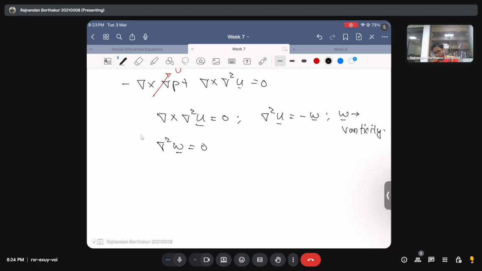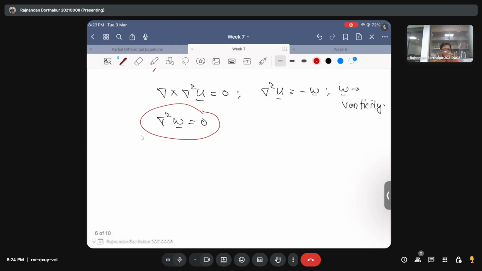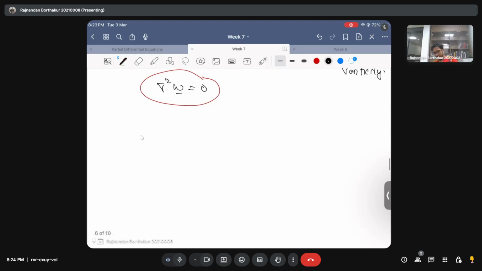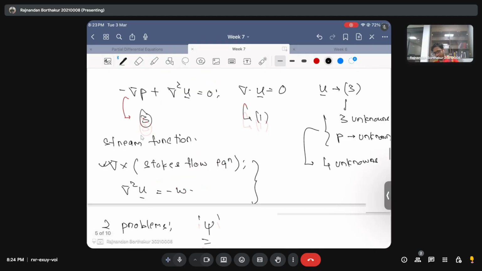Okay. So what you do is you first solve for vorticity, and from vorticity you calculate the stream function. You can relate the vorticity, the velocity field, and the stream function. So the ultimate equation, I'm not writing it down, is something like this: del power 4 times psi equal to 0 for the stream function. Okay. And so what people do is, instead of solving these